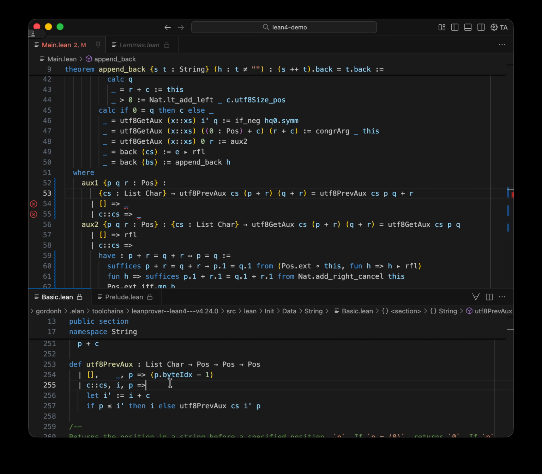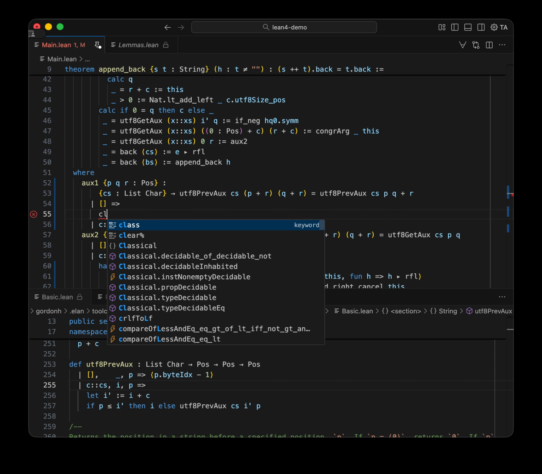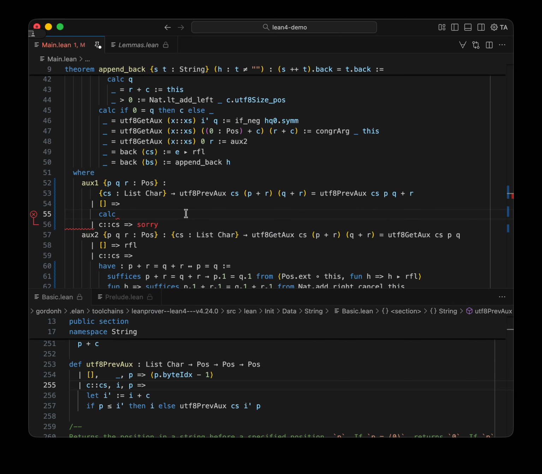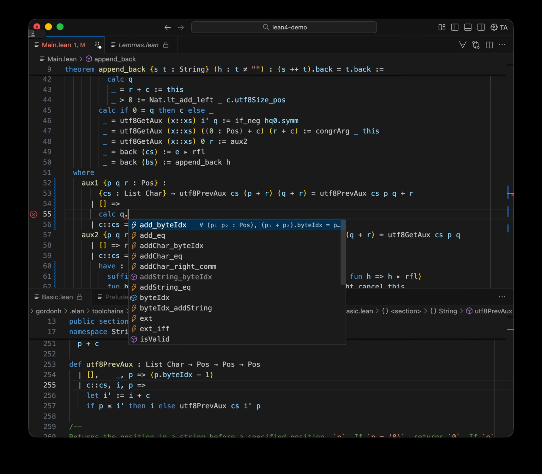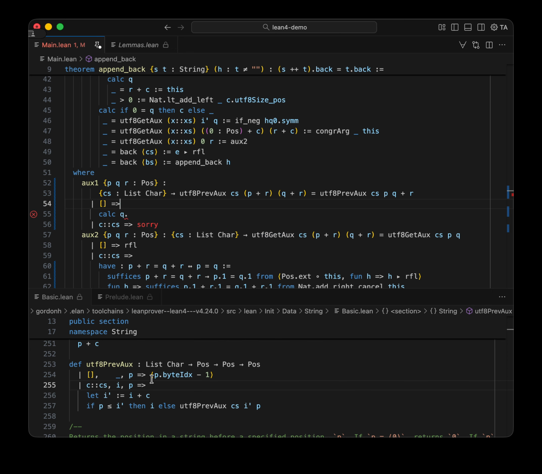P.back index. So disregarding the second case, the first case would be, well, recall that CS is empty here. Q plus R. Okay. Equality of positions. Let's first reduce this with extensionality, and this should give us